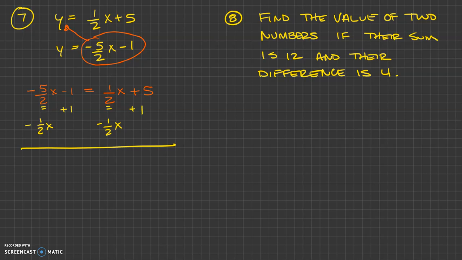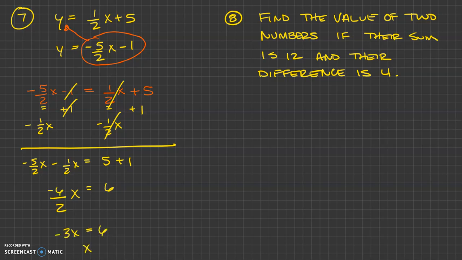All right, now this goes back a few lessons. I'm not going to review that. So these cancel, those cancel, and I'm going to write it out longhand so you can see it. -5/2 x minus 1/2 x, and that's going to be 5 plus 1. So that's 6 on the right-hand side. Now we're subtracting here, so we know we're going to have an x. We're going to have a fraction over 2. We're going to keep the denominator the same. Negative, so then what is -5 minus 1? Well, that's a -6. So we should have -3x equals 6, or x equals